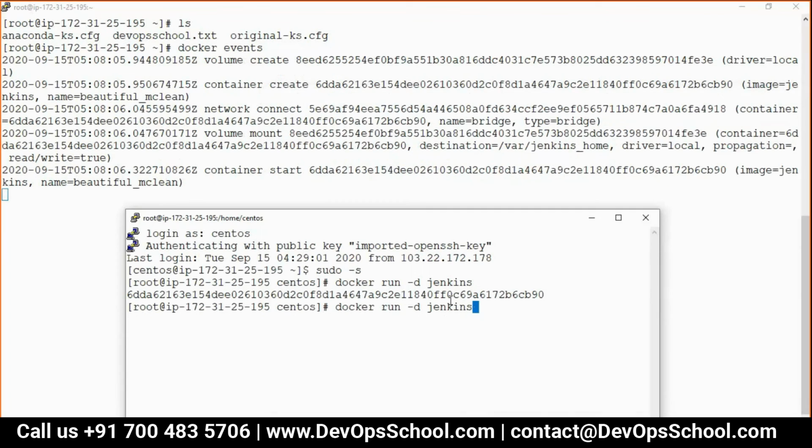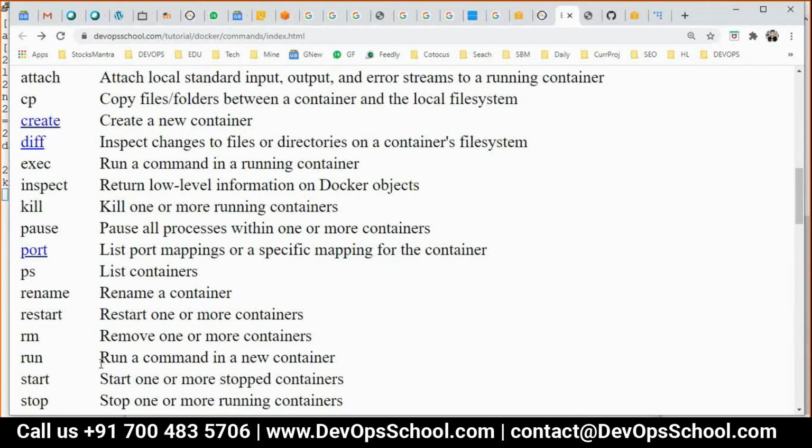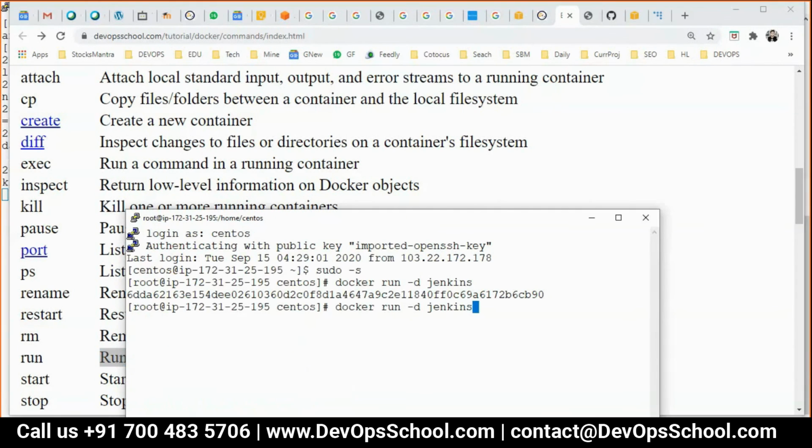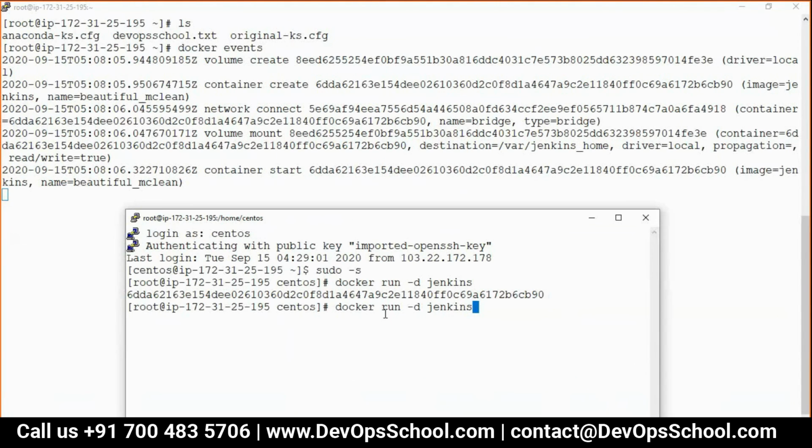I created, and initially I taught you what run means. It's not like run means just run a container, just like this explanation. You should understand the technical aspects of it. Run a command in a new container. But when you run, what exactly happens? You should know, then you will get a better understanding. So see here what is happening. When I run this Jenkins container, what exactly does it do, do you know?